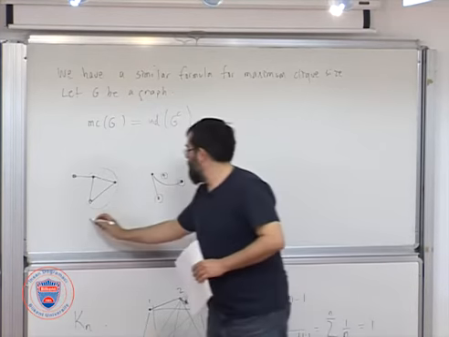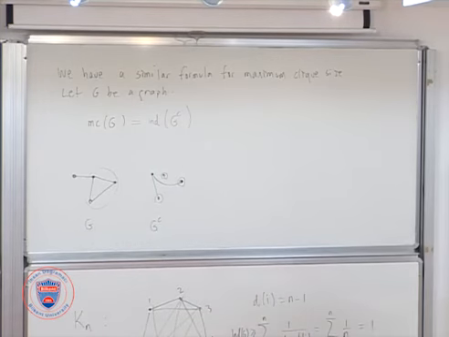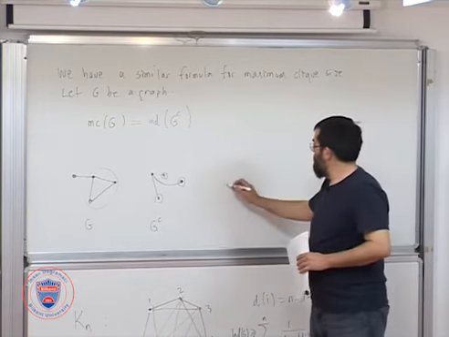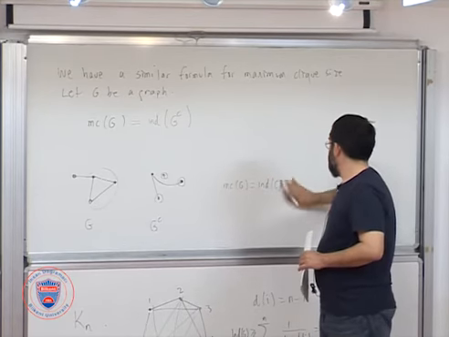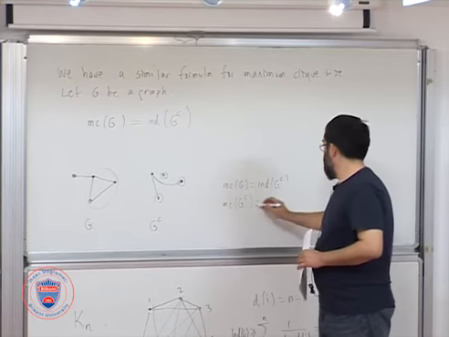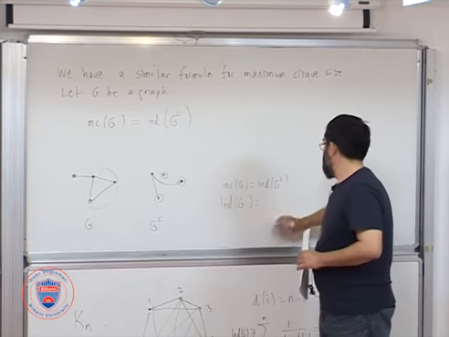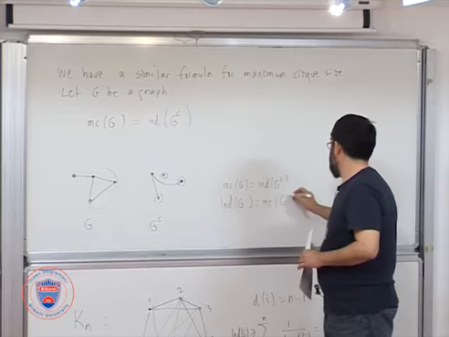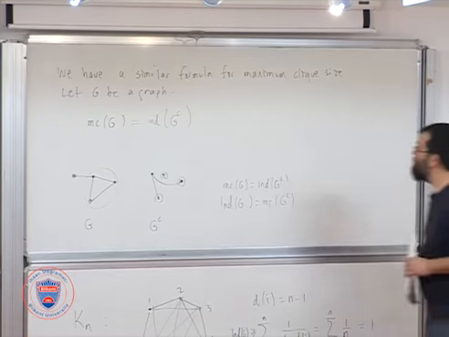So the relation between a graph and its complement with respect to these things is that the maximum clique size of G is the same as the independence number of the complement graph. In the same way, the maximum clique size of the complement is the same as the independence number of G. So sometimes you can use this to pass from one to the other, which means this inequality also can be used